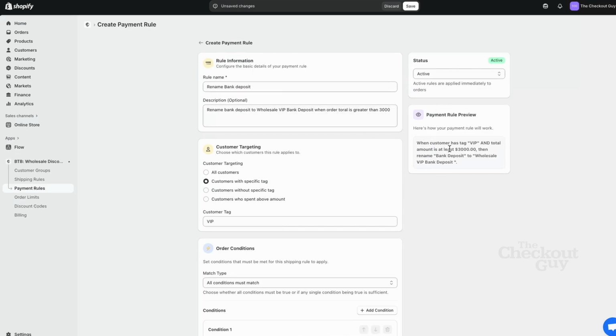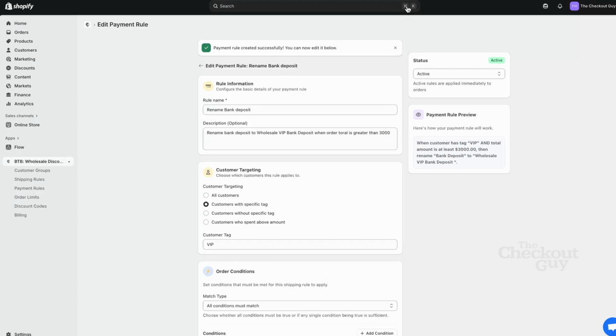You can actually check how it's working or not. When the customer has the VIP tag and the total amount is greater than $3,000, then we'll rename the bank deposit to wholesale VIP bank deposit. Then you can see the changes. So now we're done. It will automatically work when a VIP tag customer has at least $3,000 in their order cart. This will give the customers a boost on your